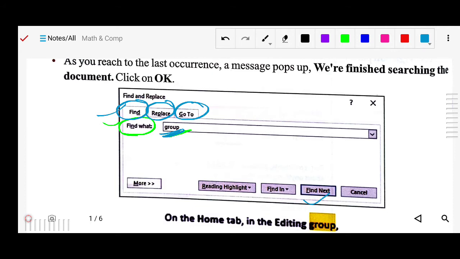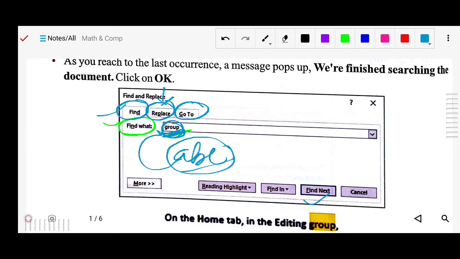But there is one more option, replace. Suppose you have found the word group, but you want to replace that group with any other word, like ABC. All the occurrences of the word group you want to replace with ABC.